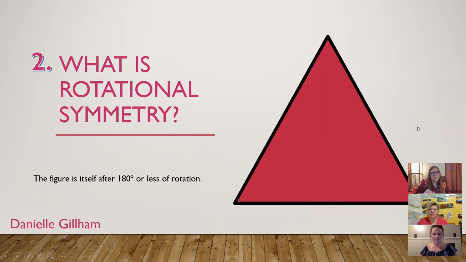All right, Danielle, can you explain a little bit what is rotational symmetry? So rotational symmetry is, let's see if it'll let me draw. Oops. Okay. So basically, this triangle, all the sides are the same. So if you were to break it into 3,